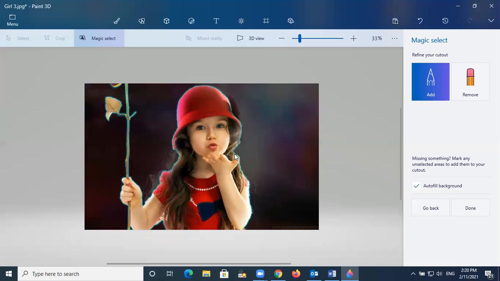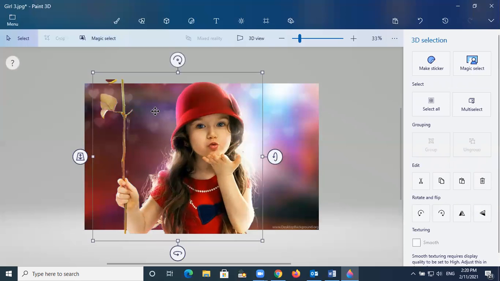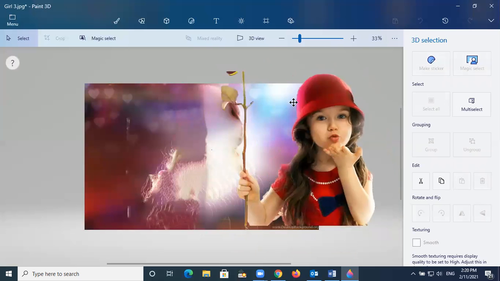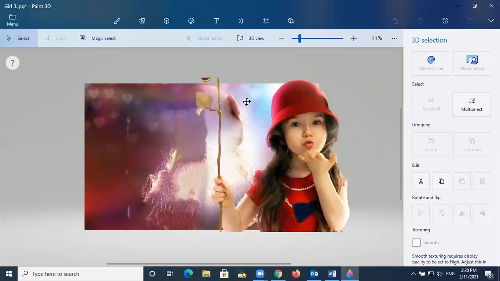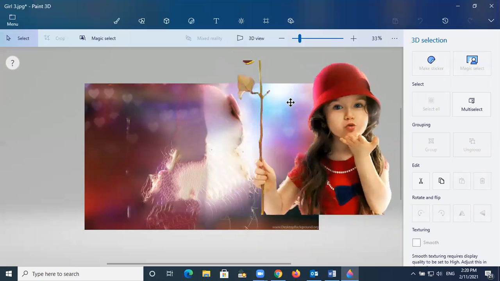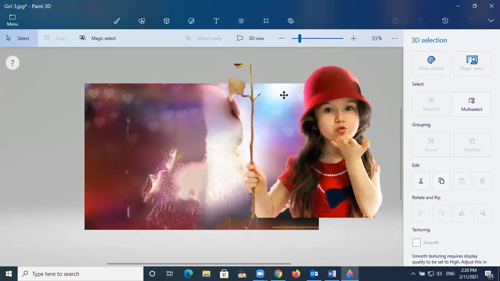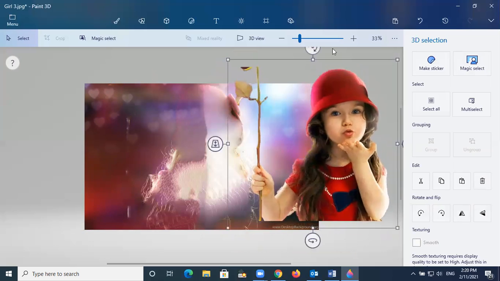By looking at these pictures, you already have this line. When you look at this line, it is going to be like this. See, it is already coming out like this, and this stick is already here. I will show you again this one now. Okay, then after that, when I click done here, it is slow. And then this is the thing. See, I can even move these now. See, this picture is moving. This is the one that I have selected just now. Just now I cut it from the picture. This is how it is done with this one. I just take out the pictures from the pictures.